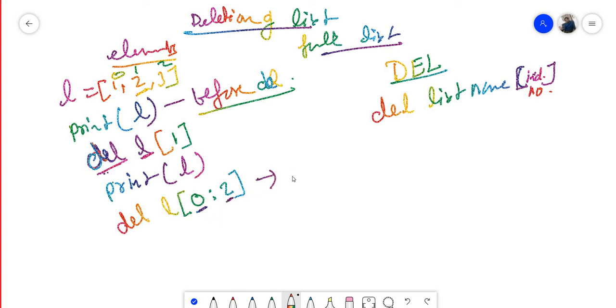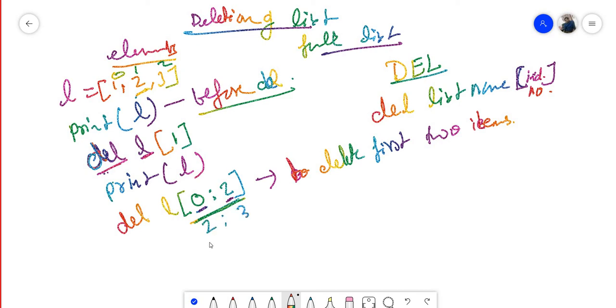So this is to delete the first two elements. Now here this is the list, 0 to 2. Suppose I want to delete from second to third, you can write 2 colon 3, whatever number of elements you want to delete.